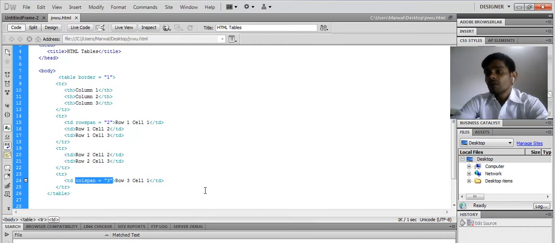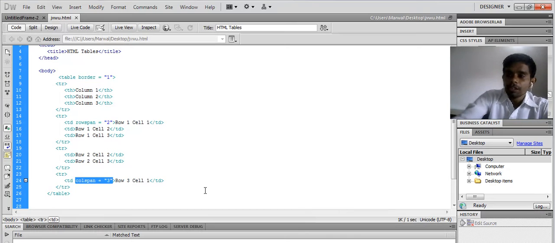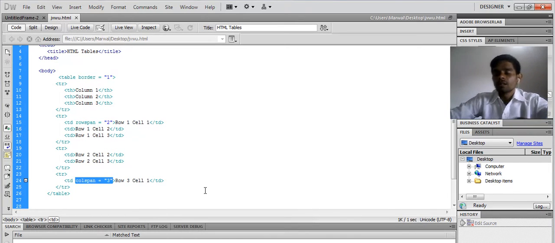It means if I want to merge rows, then I use rowspan. If I want to merge columns, I use colspan. It is useful when we represent data according to rows and columns. We sometimes need to merge rows and columns.